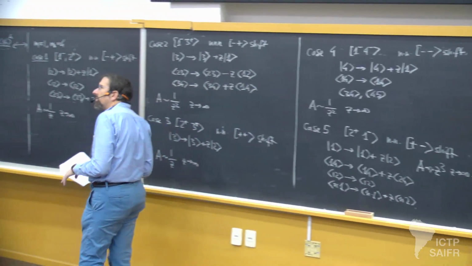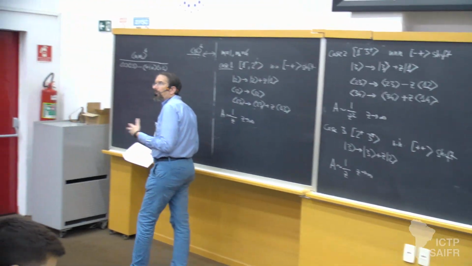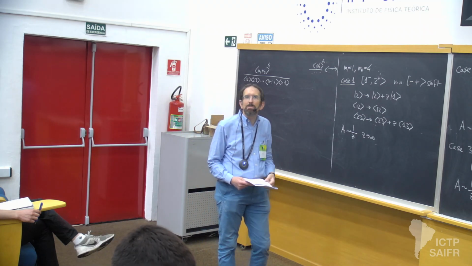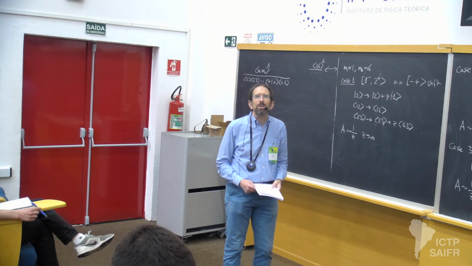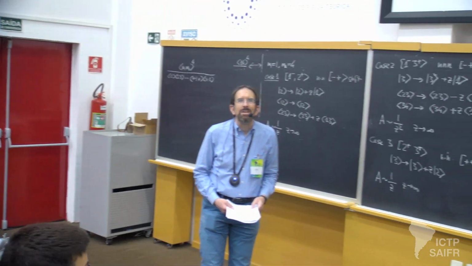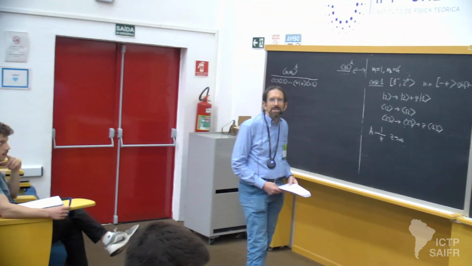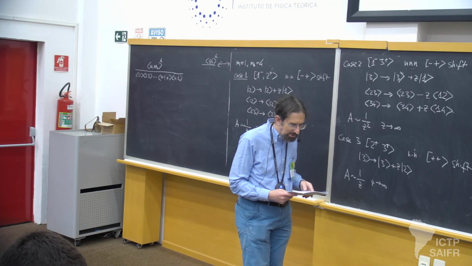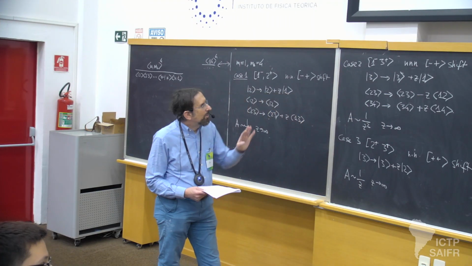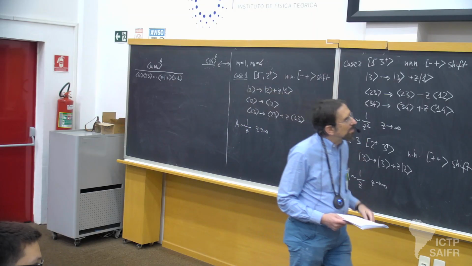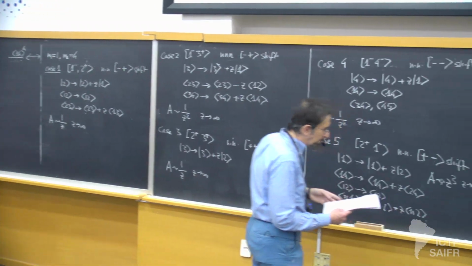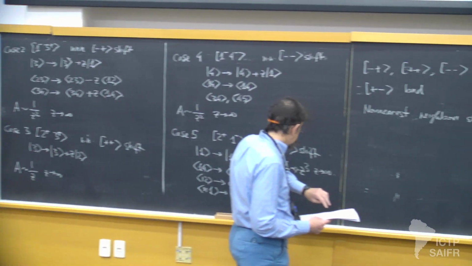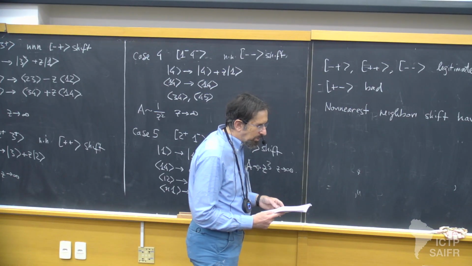The better power shift does allow you to derive what are known as bonus relations, and maybe Henrik will talk about them. Are you going to talk about them? Yes, that's right. No, but it's a different way of proving the results. So anyway, there are useful things you can do with these non-nearest neighbor shifts, but you don't need them for the basic BCFW results. So I'm going to run a little bit over